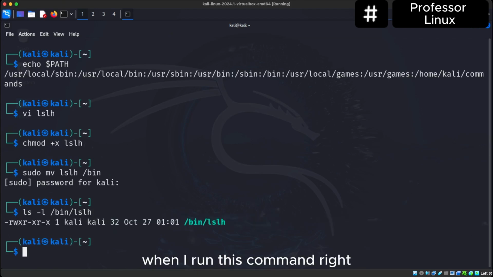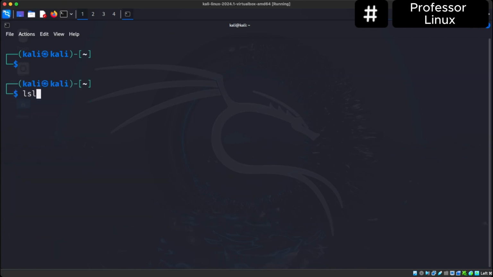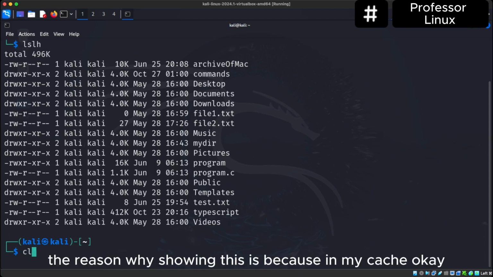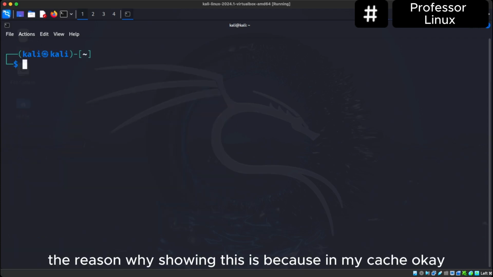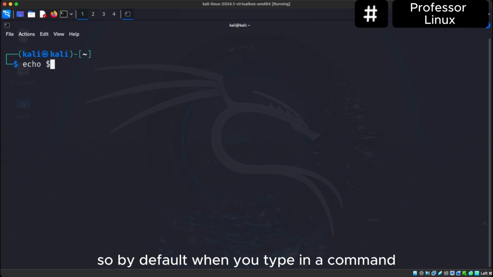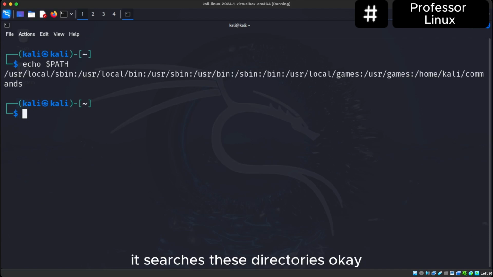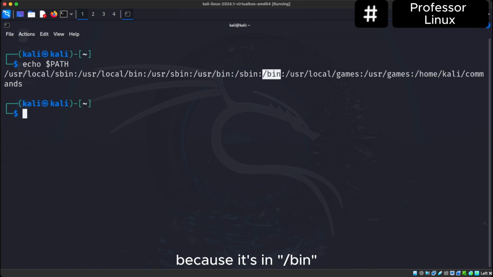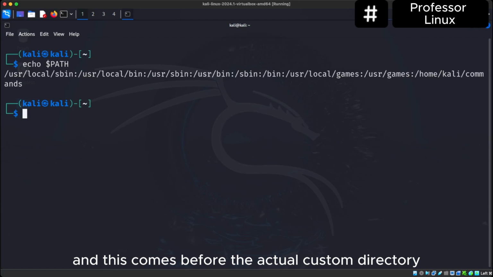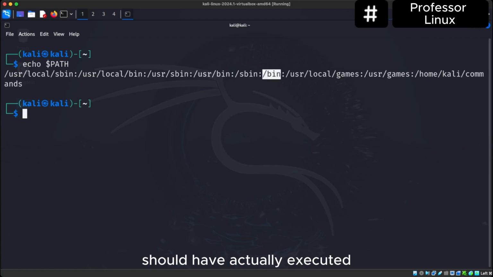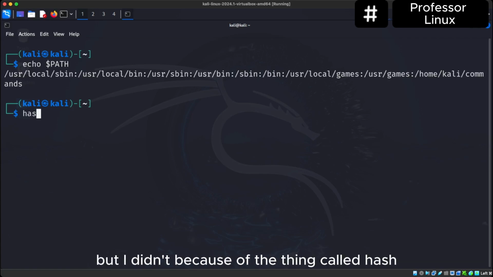Okay. When I run this command, right, technically speaking, this is incorrect. The reason why it's showing this is because it's in my cache. Okay, let me explain. So by default, when you type in a command, it searches these directories. Okay, technically the new command should have run because it's in /bin, and this comes before the actual custom directory that I made. So technically the new version should have actually executed, but it didn't because there's a thing called